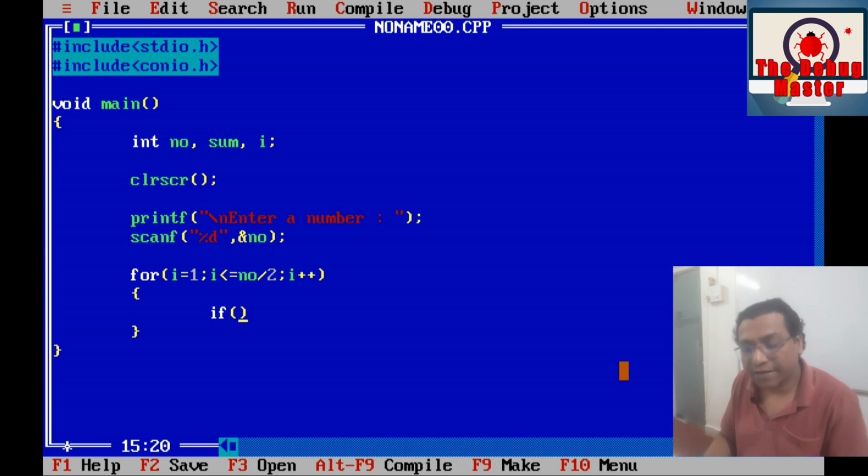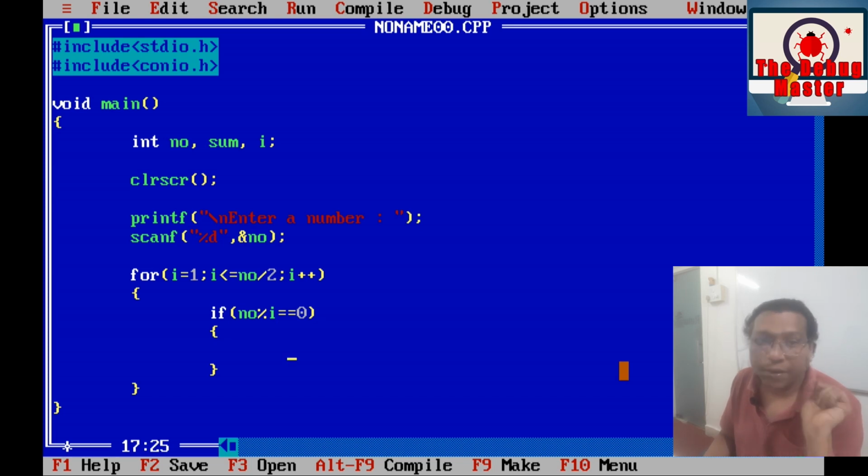For that we write if number mod I, that means divide number by I and check the modulus of that division. Number mod I is equal to 0 signifies that the remainder is 0, so I is a divisor of number, and if we find a divisor, we simply add it to a sum value.